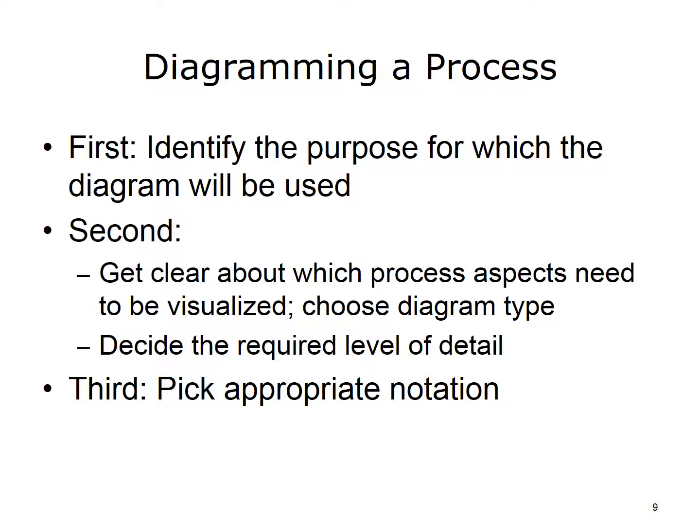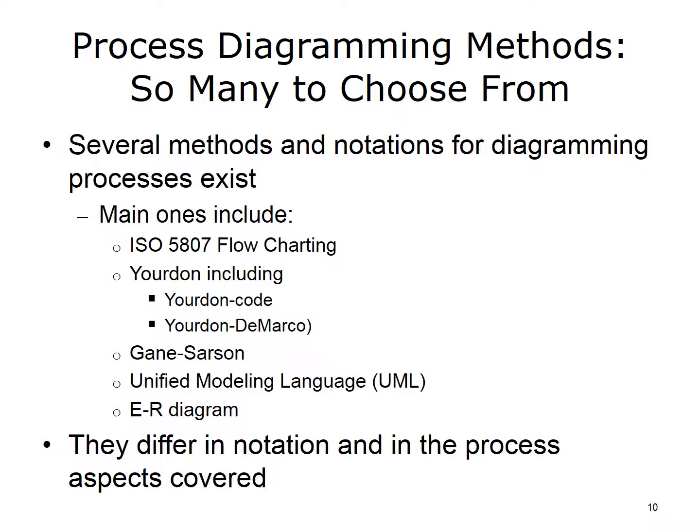It is also important to determine the necessary level of detail. Then third, pick an appropriate style and notation to use. There are several methods and notations for diagramming or mapping the clinical workflow processes, including ISO 5807 information processing diagrams, the same symbols used for flow charting, Jordan notation for data flow diagrams, Gaines-Sarson notation for data flow diagrams, Unified Modeling Language, UML, that represents several different aspects of processes, and Entity Relationship, ER diagrams that concentrate solely on information